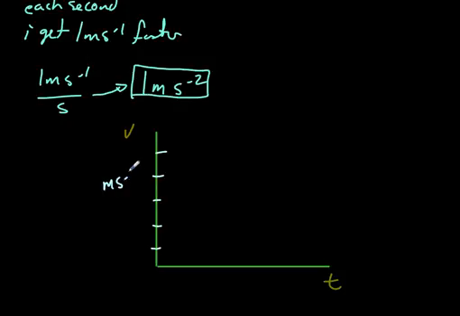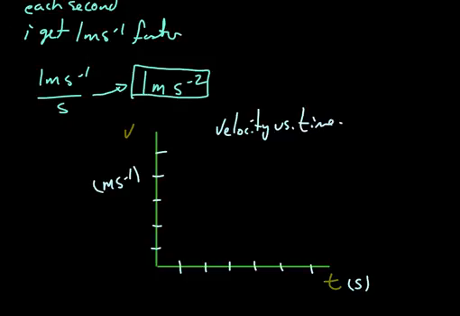This unit is the meter per second. This unit is the second. Here's our time. This is a velocity versus time graph. We want to be real technical about how we label everything. Make this an arrow. All right, so the first thing, before we do anything else, is let's take a look at the slope